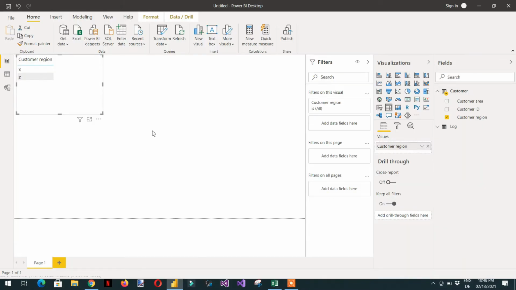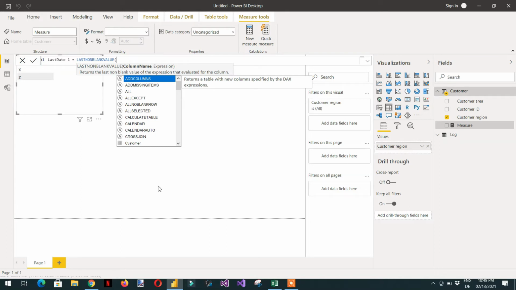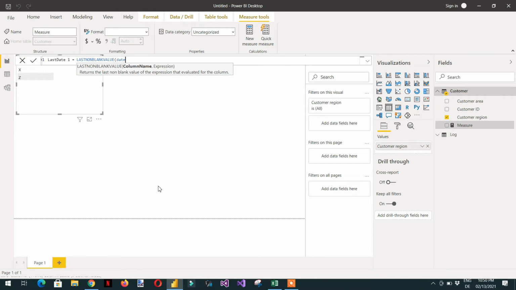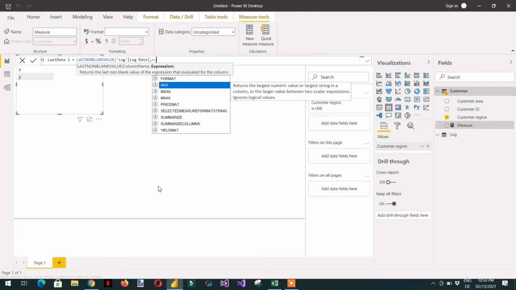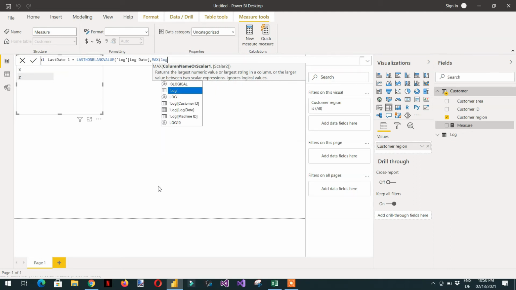So how can we achieve this using Power BI? We need to write one formula. We will use one function, LASTNONBLANKVALUE, and the first argument is date, and the expression will be MAX of log date.